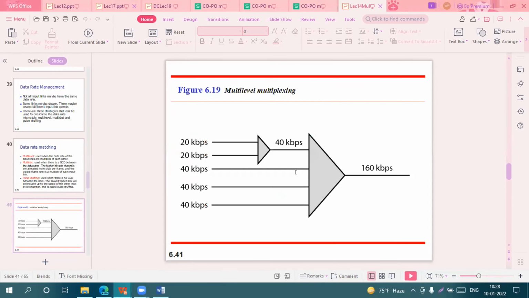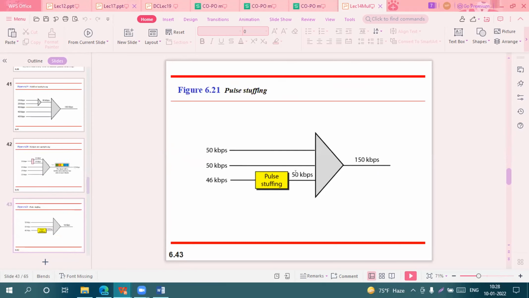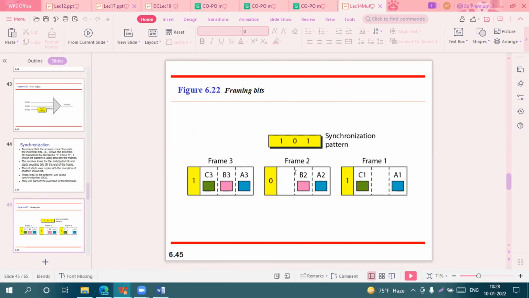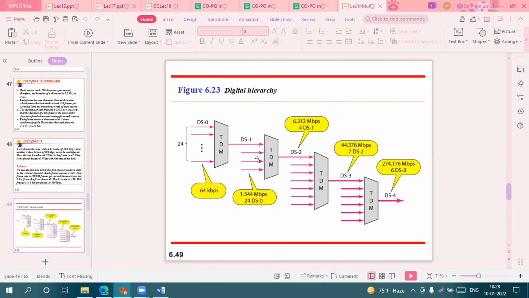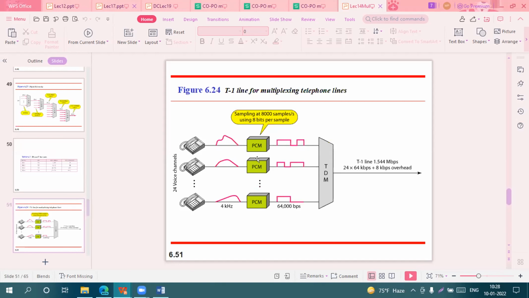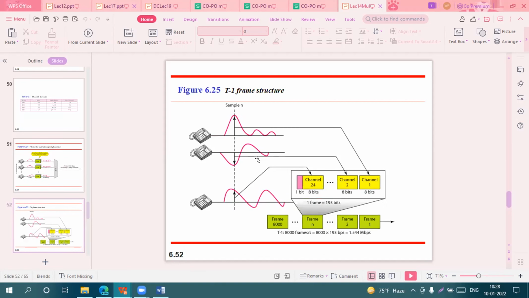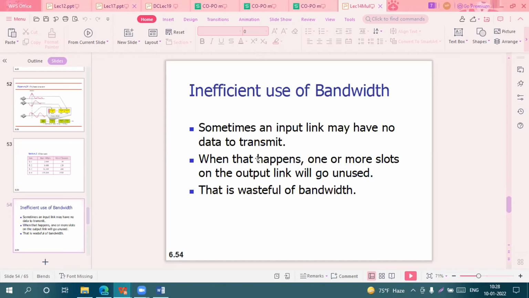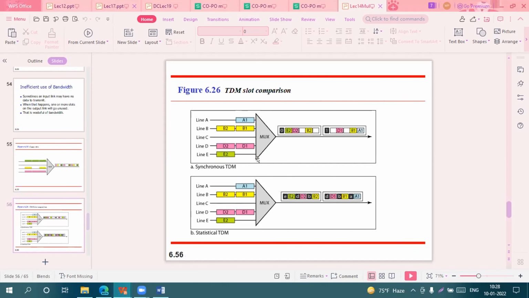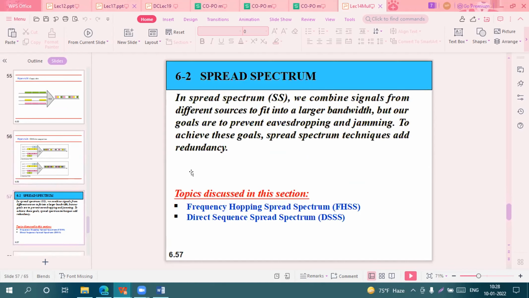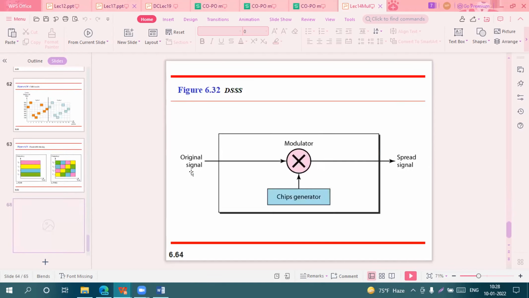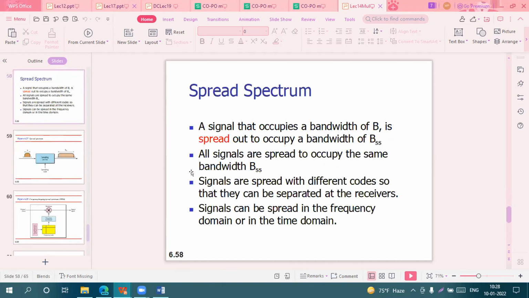ডাটা রেট ম্যানেজমেন্ট, ডাটা রেট ম্যাচিং এগুলোর দরকার নাই ওইভাবে। সিনক্রোনাইজেশনেরও ডিজিটাল হায়ারার্কি এগুলো দরকার নাই, এগুলো না দেখলে হবে। ফ্রেম রিলেটেড যেগুলো, এগুলোও না দেখলে হবে, সমস্যা নাই। এই যে সিনক্রোনাস টিডিএম আর স্ট্যাটিস্টিক্যাল টিডিএম, এটা ভালো মতো দেখতে হবে যে কোনটা কি কাজ করে। এবং স্পেকট্রাম এগুলো দেখতে হবে না।